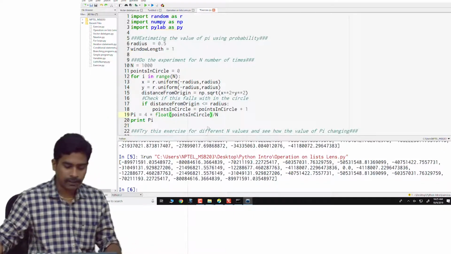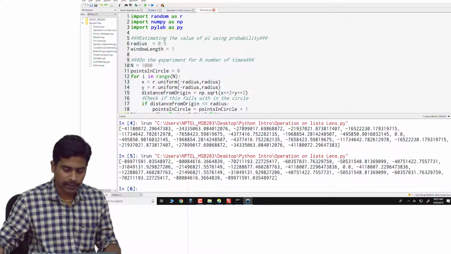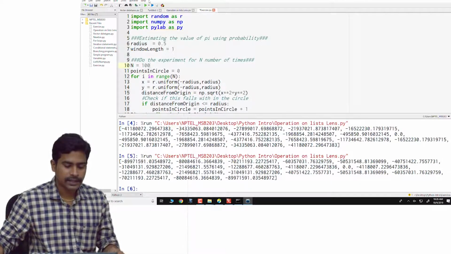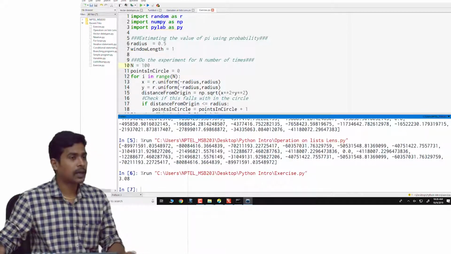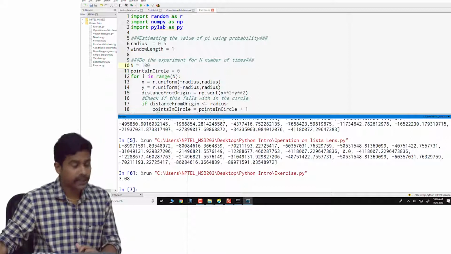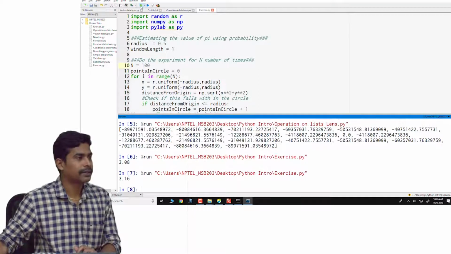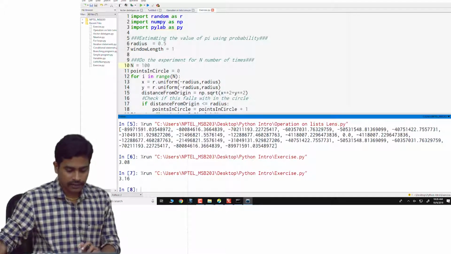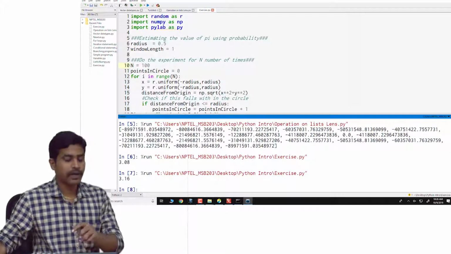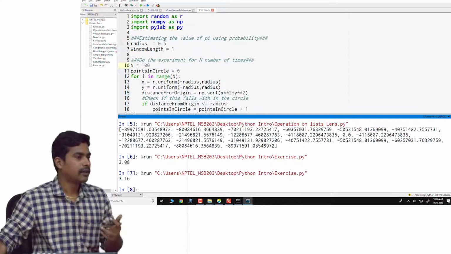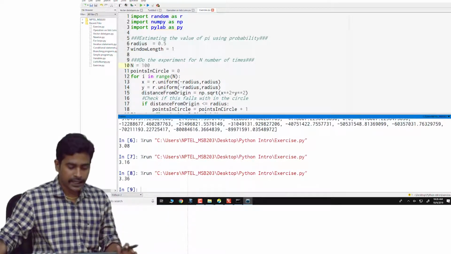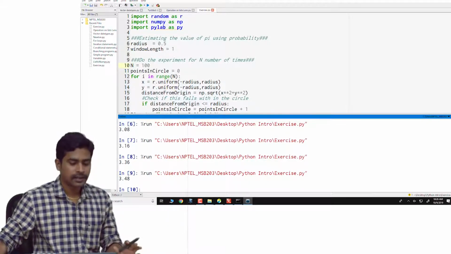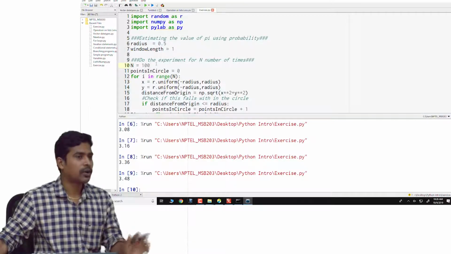So let's run this program and see what the estimate for pi would be. Let's just start with 100 trials. I'm running the program. With 100 trials, the program estimates the pi value as 3.08. If we run the program again, it's going to give some other value, because we have used the random package, and each time we get a different set of values. We are not going to get the same values that we got in the first run. So let's run it again. It's giving 3.36, again 3.48, and so on.